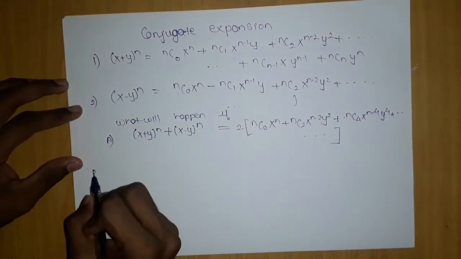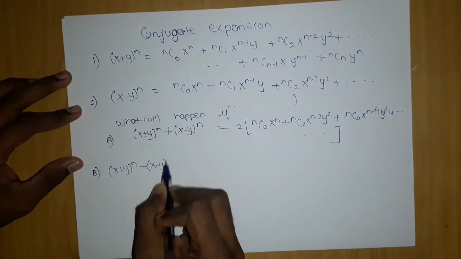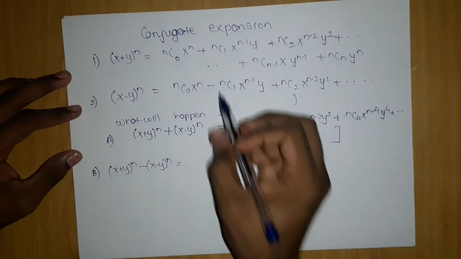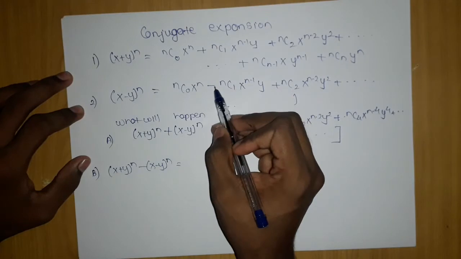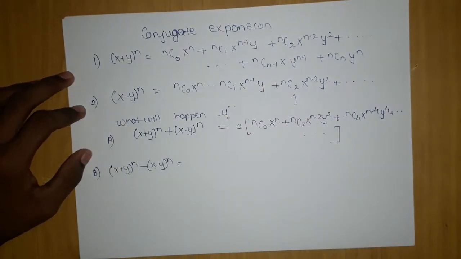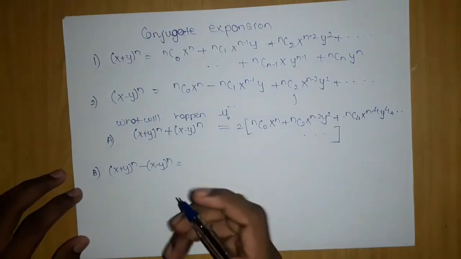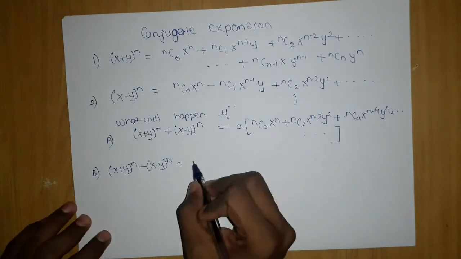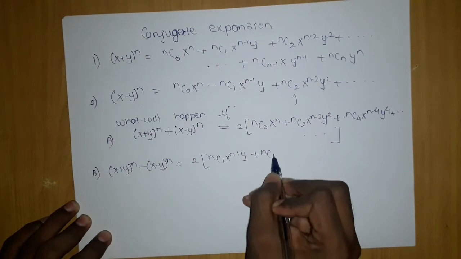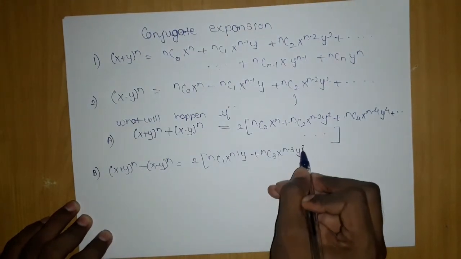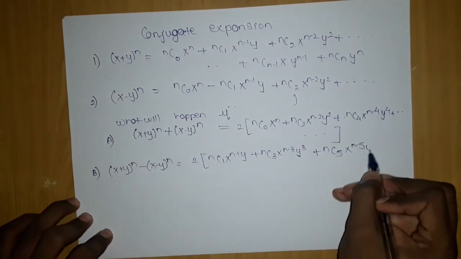Now the second scenario is that if I subtract them, (x plus y)^n minus (x minus y)^n, what will happen? All the even position terms will become negative, while the odd position terms, which were negative initially, will become positive. So we are left with odd position terms instead of even. So we are going to get something like 2 into nC1 x^(n-1) y plus nC3 x^(n-3) y^3, and plus nC5 x^(n-5) y^5, and